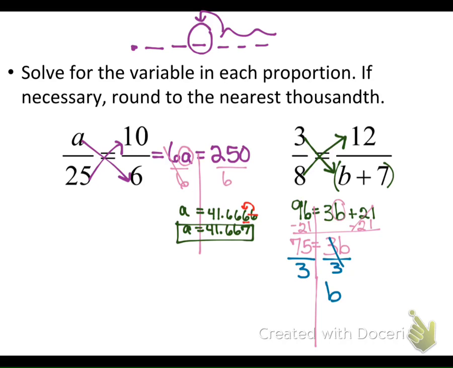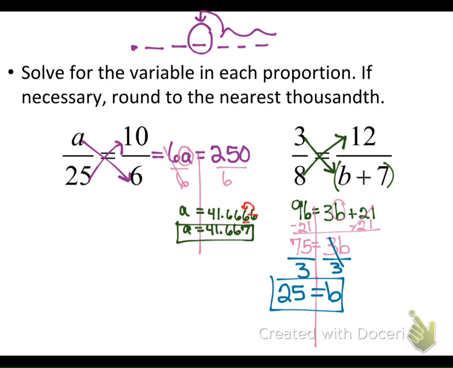So b is going to equal... What's 75 divided by 3? Should be an even number. 25. Not an even number, but a number without a decimal, a whole number. Good. Now, if I would substitute